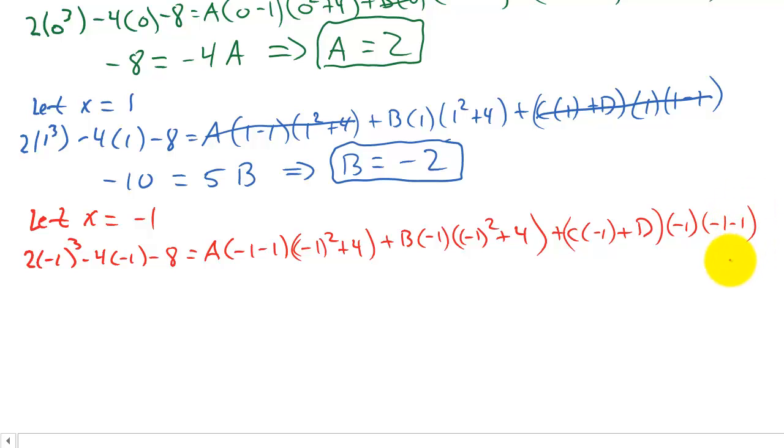Sorry about writing small, but I'm trying to get it all on one line. And then once I do